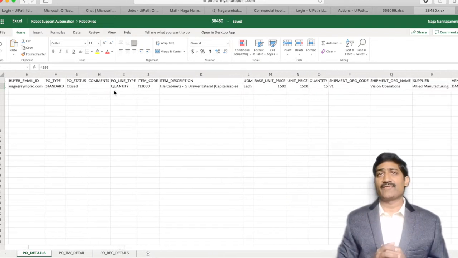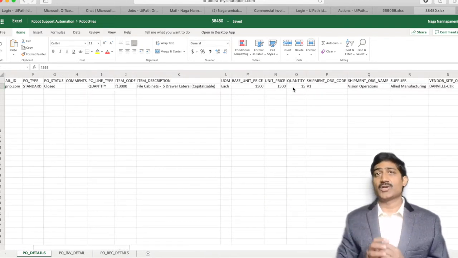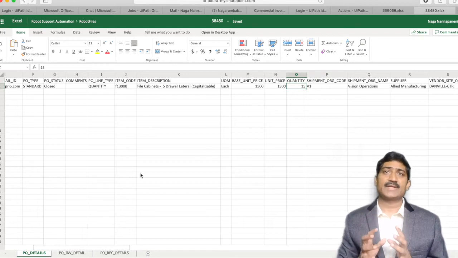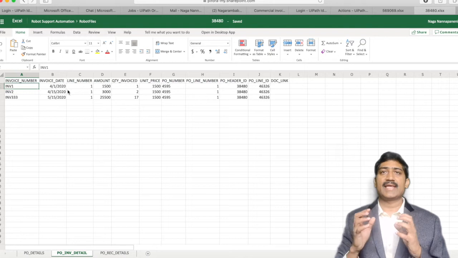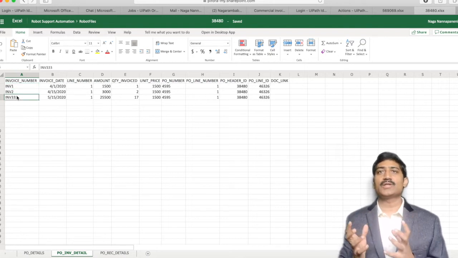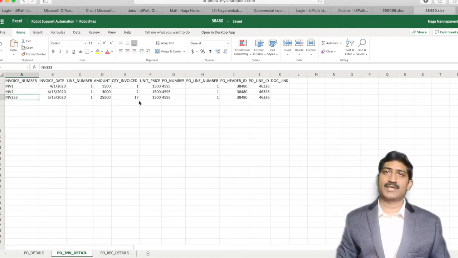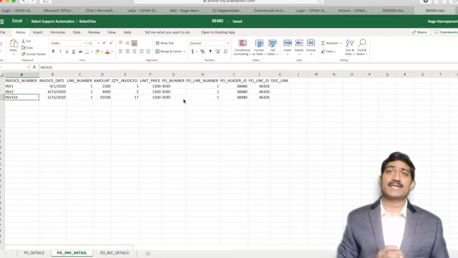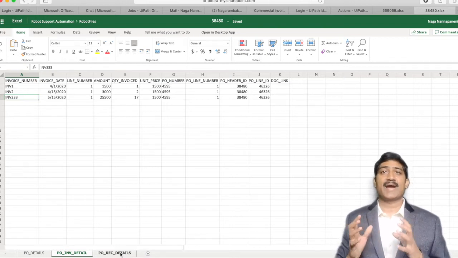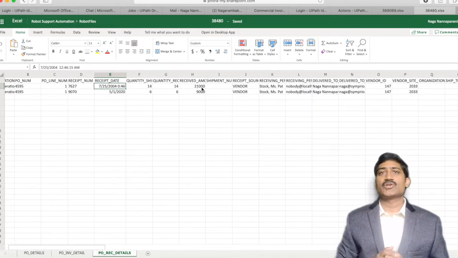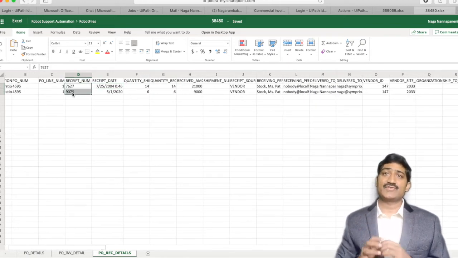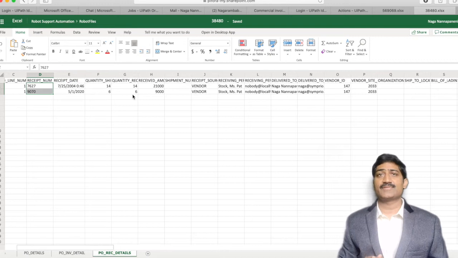Robot opens an Excel file. This Excel file has 3 tabs. The first tab contains the PO and all the line details, and the next tab contains details of all the invoices that were matched to this particular PO. Preparer can review if previous invoices matched correctly to this PO. The third tab contains the details of the receiving transactions, which will provide how much quantity is received and on what